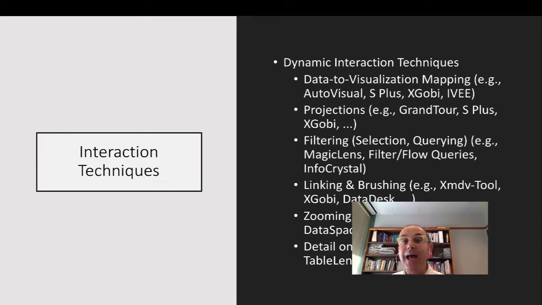So those techniques have to come up with data to visual mapping, and there are a lot of techniques about it: AutoVisual, S+, Gobi, and so on. There are a lot of projects involved around it, and all of those projects are becoming productions and becoming a real thing to follow in that regard. There is also the issue of filtering. How do we filter the data in order to fit what we are searching? So there is the selection,